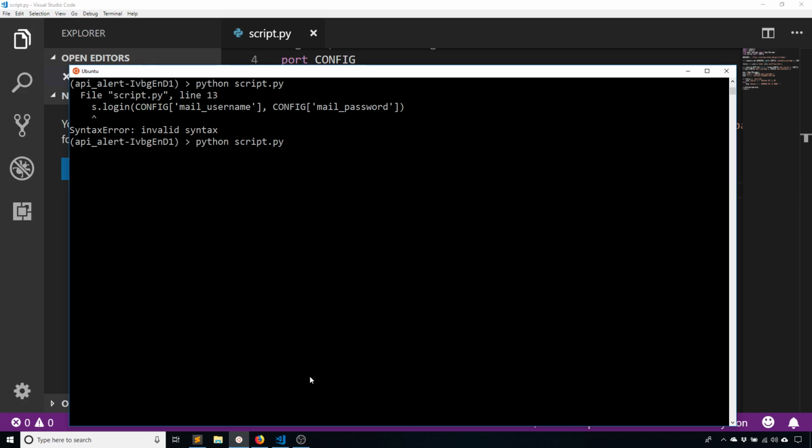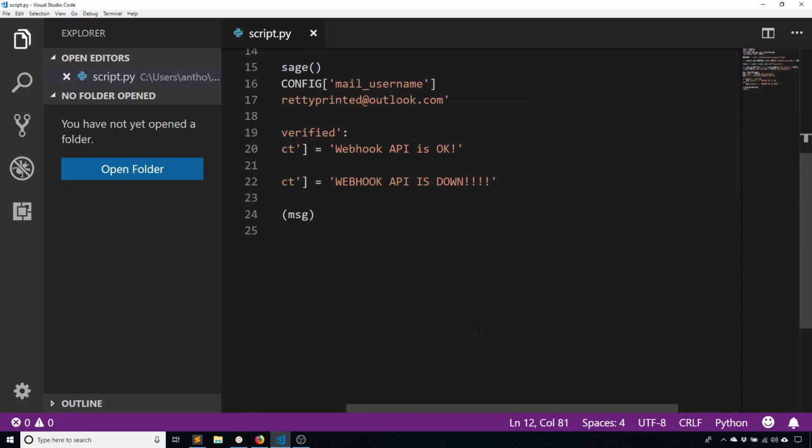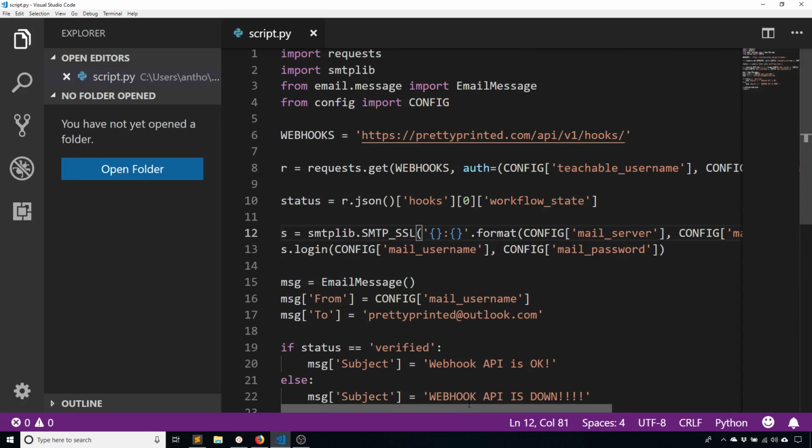So just running it, and if I get nothing, that's good. If I don't get anything, that's bad. So let's see. I get this SSL unknown protocol error, and it's happening when I create the SMTP SSL object here. So let's see. This should be giving me the right